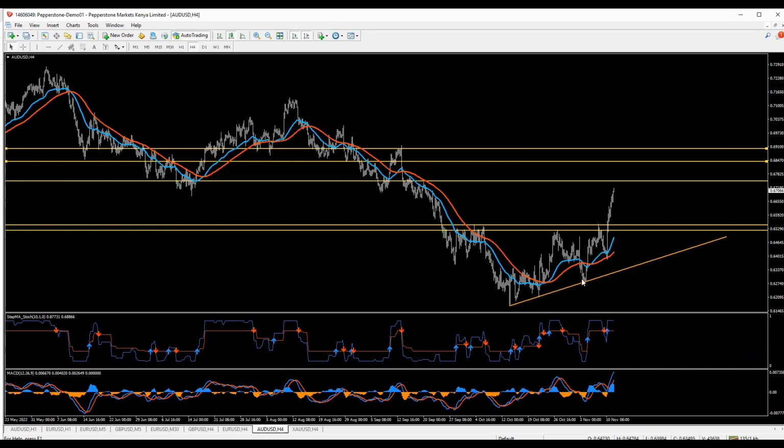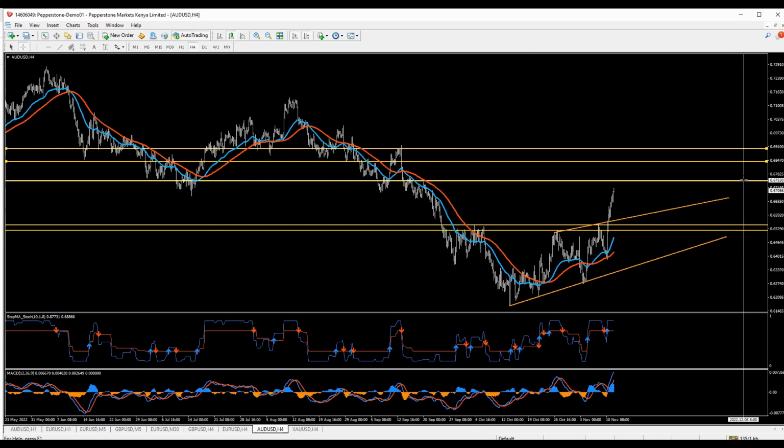Here again, we can see a series of higher lows and higher highs. In fact, I could draw a channel there as well, starting to form, or it started to form a bit of a wedge there. But in any case, the price has broken through a couple of key levels here, also later last week, for the same reasons as before, weakening of the dollar, and we can see that it's heading up towards this next key level here. And I do predict it's going to hit this level around Monday when the market's open,